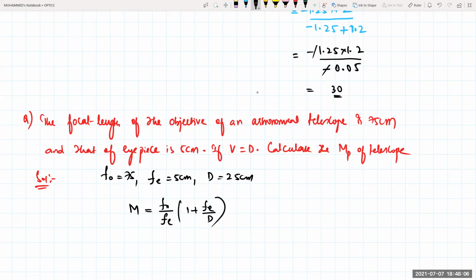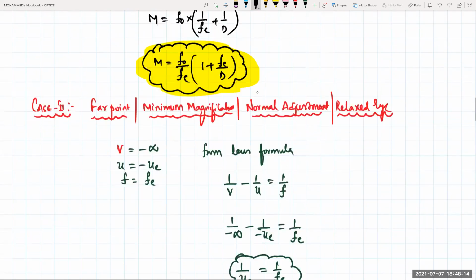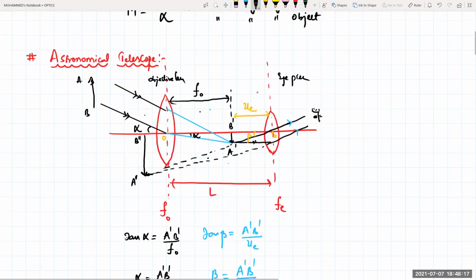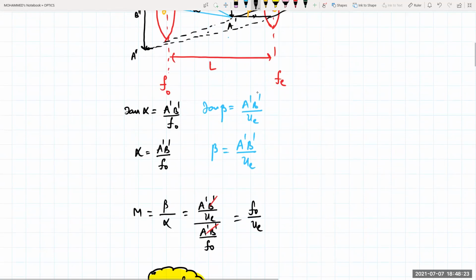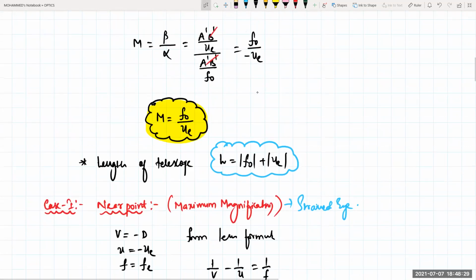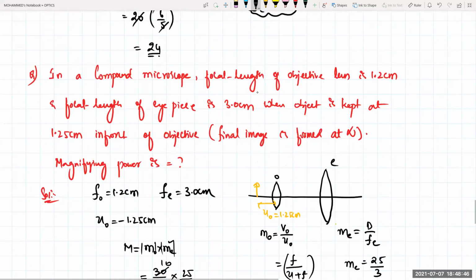Actually, sir, see beta, for an astronomical telescope we get the answer in terms of negative. We are removing the negative because here I have not taken the sign convention. Generally when I'm measuring the object distance, we measure the distance from here, so object distance you should take as negative, isn't it? So this should also come here as negative. But in an astronomical telescope, whether it becomes inverted or erect, it doesn't make any difference. So the negative sign we are neglecting. Make sure of that. Yes, sir. Sure. The negative sign indicates that it is inverted. In astronomical telescopes, any image will be inverted, isn't it?